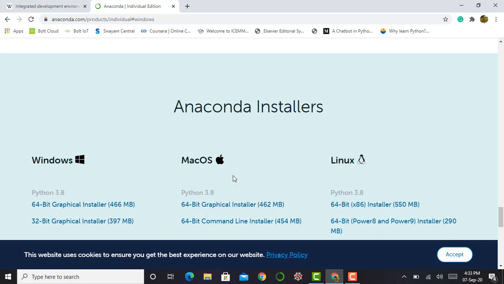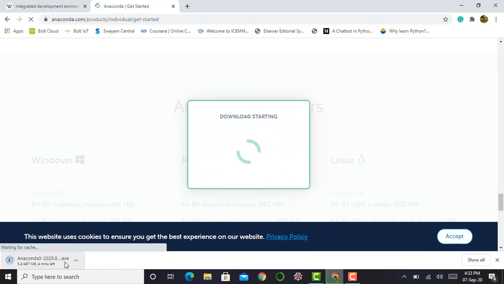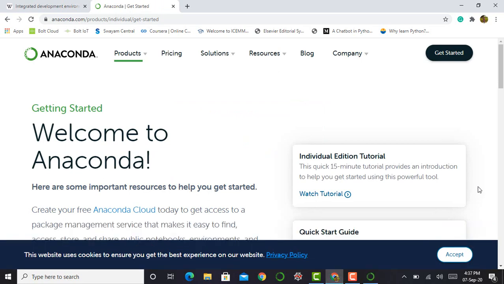Just click according to your system specification, and when you click this link, the download gets started. After downloading the Anaconda package and following the steps shown in the documentation, I am ready to launch my Anaconda package.